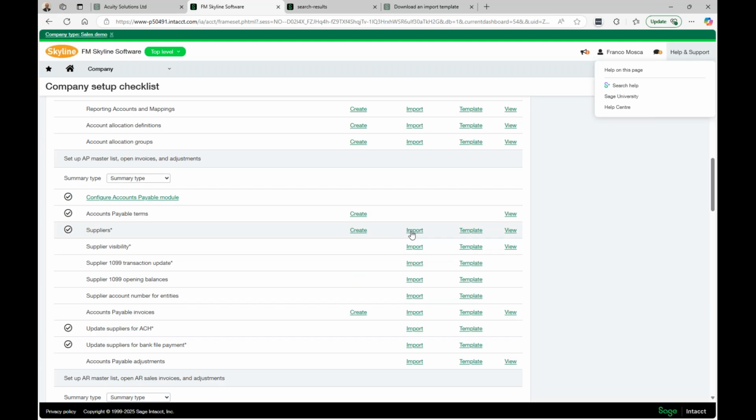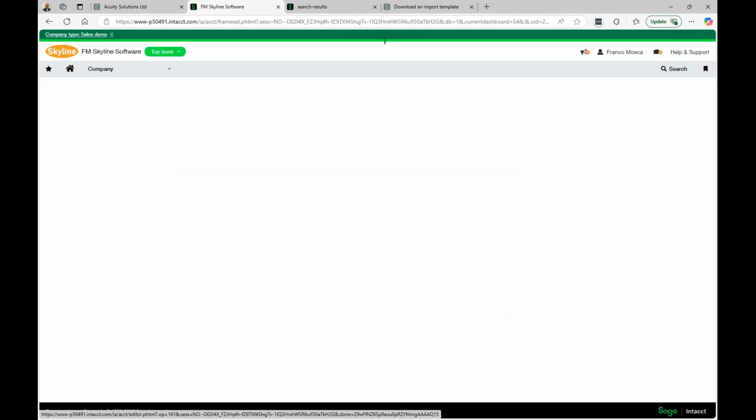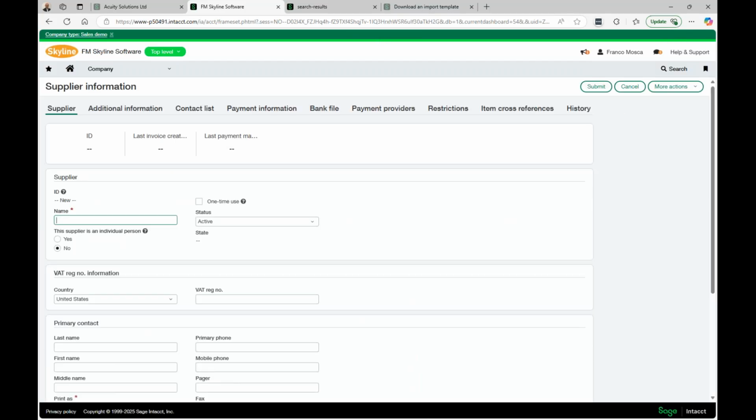The import option, which I've obviously demonstrated already, invokes the import feature for that import type. The create is essentially a shortcut to the creation form for that. So if I click here, create on the supplier, what you'd expect is for it to take me to the screen where you would create a supplier. And likewise, I go back,